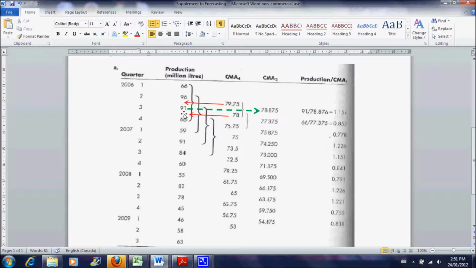So what they do is take this centered moving average and that centered moving average, and take the average of those, which gives us the value of 78.875. This value of 78.875 corresponds to the third quarter demand value. So here we have demand, 91 units, divided by the centered moving average of 78.875. That gives us our seasonal relative of 1.154, and then we just do that all the way